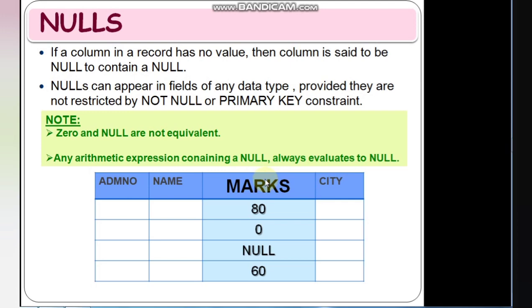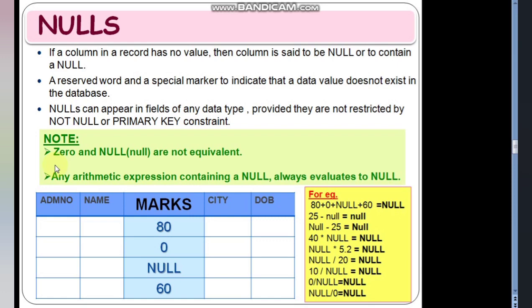Now we started from the basic elements. We have covered literals, data types. Now coming on to nulls. If a column in a record has no value, then the column is said to be null or to contain a null value. Null is a reserved word, and a special marker to indicate that a data value does not exist in the database.